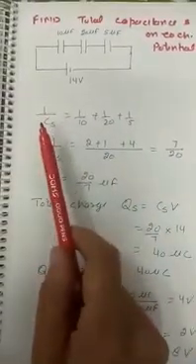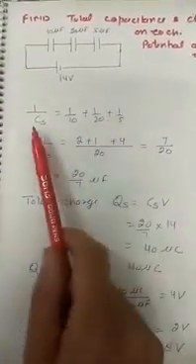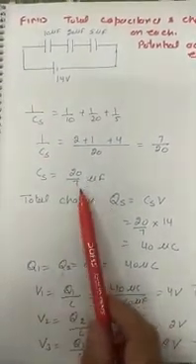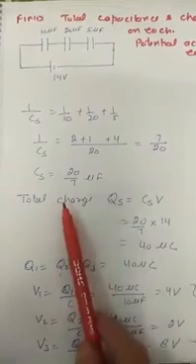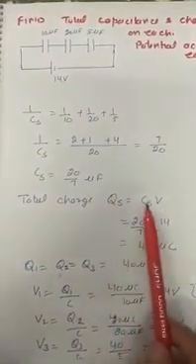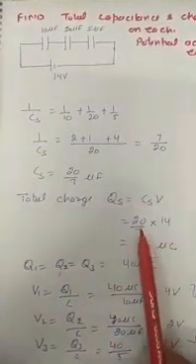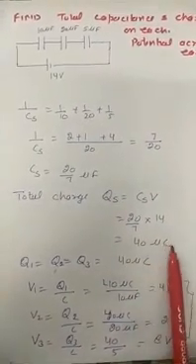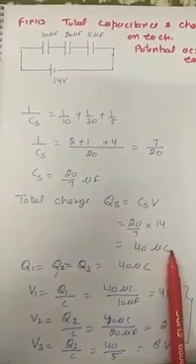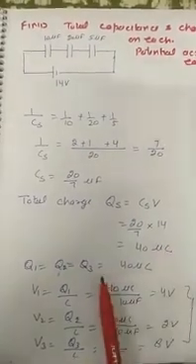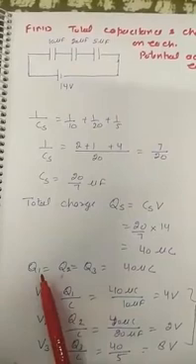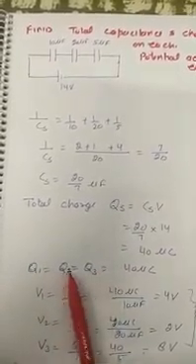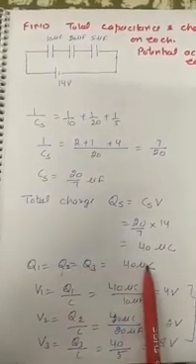So how can we find it? In this way, let the equivalent capacitance be Cs. We can find Cs is equal to 20 upon 7 microfarad. Let the total charge Qs equal Cs times V, where V is the total potential, 14, and that is 40 microcoulomb. As I told you earlier, in a series combination the total charge is the charge on each: Q1 equal to Q2 equal to Q3, that is 40 microcoulomb.